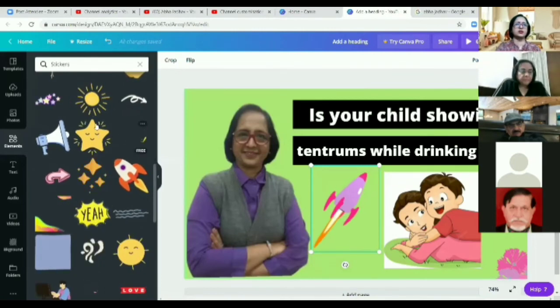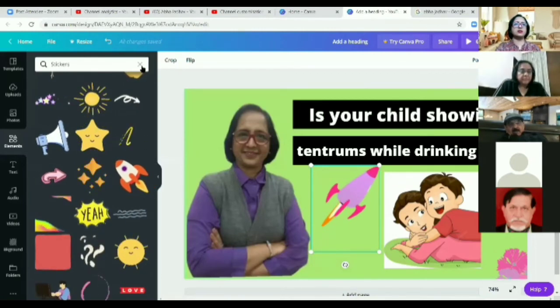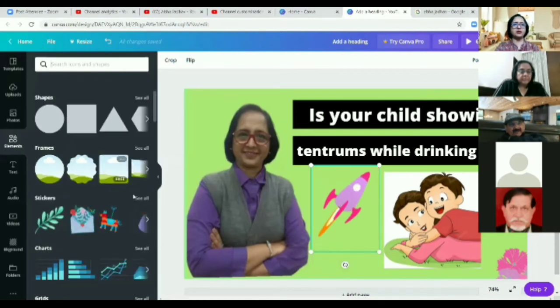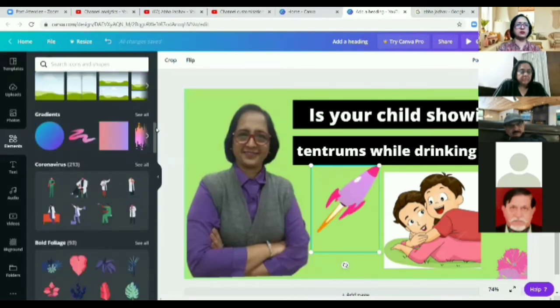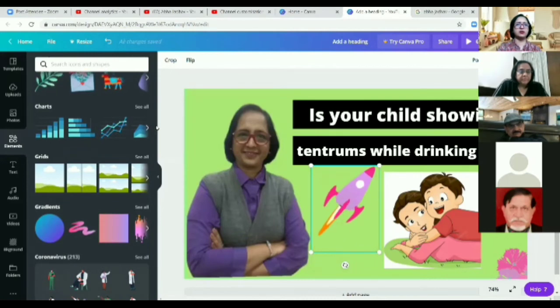Stickers, most of the stickers are free. But if you go down to some shapes or charts, they all are payable. Suppose I want to add the logo of YouTube.